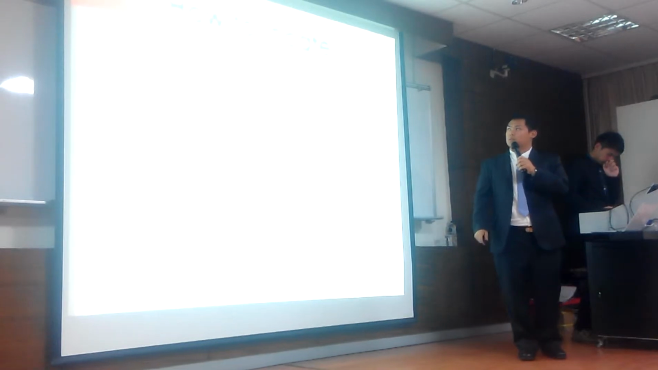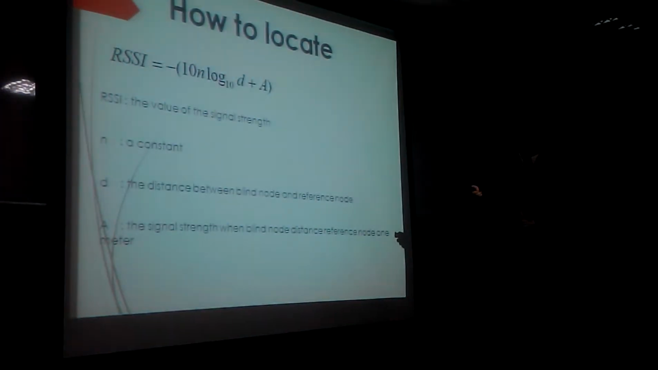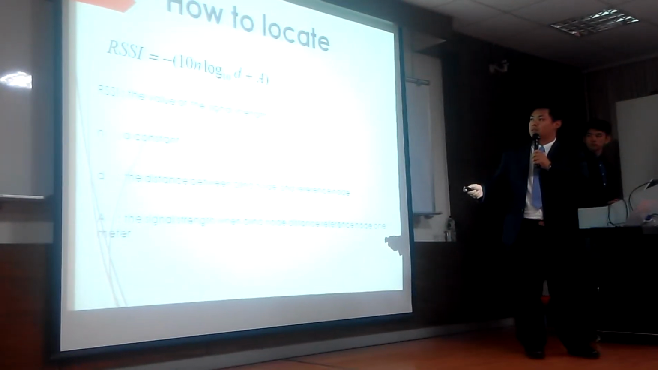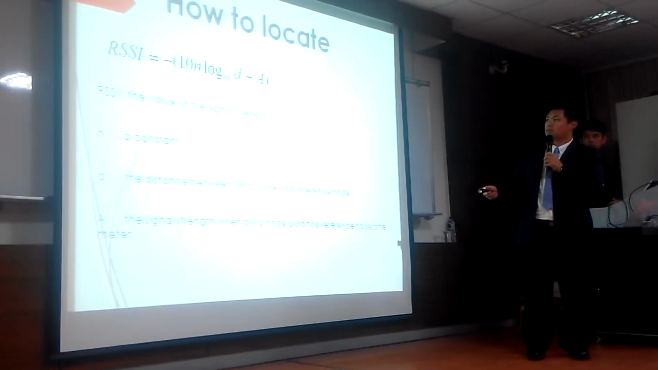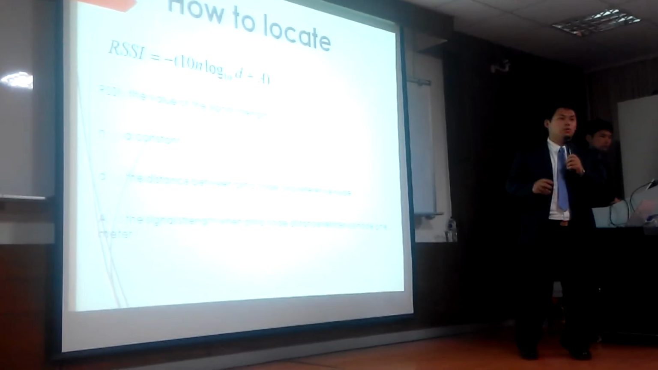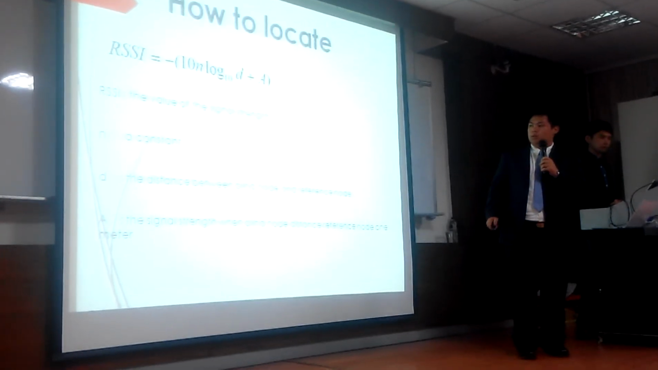And how does Zigbee locate? You use RSSI. RSSI is the value of the signal strength, and the N is the constant, and D is the distance between the blind node and reference node. So if the